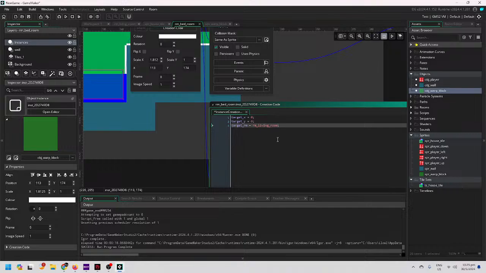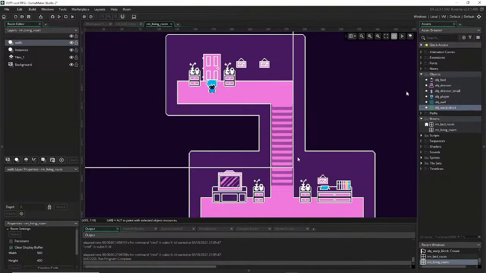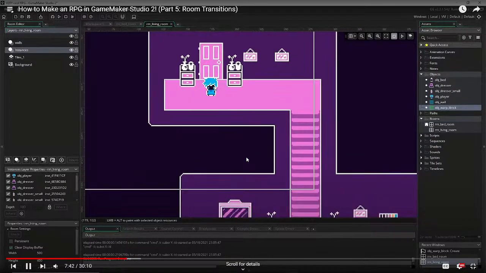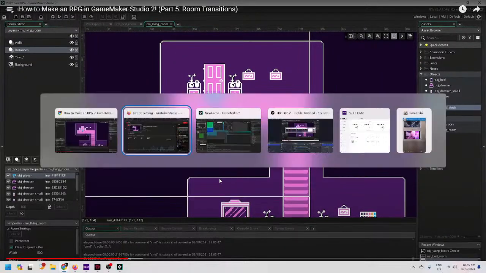And to do that, we can just go into our living room. But one thing we actually need to do, we don't want to have two versions of the player walking around. So we can go ahead and get rid of this. We just need to have the player